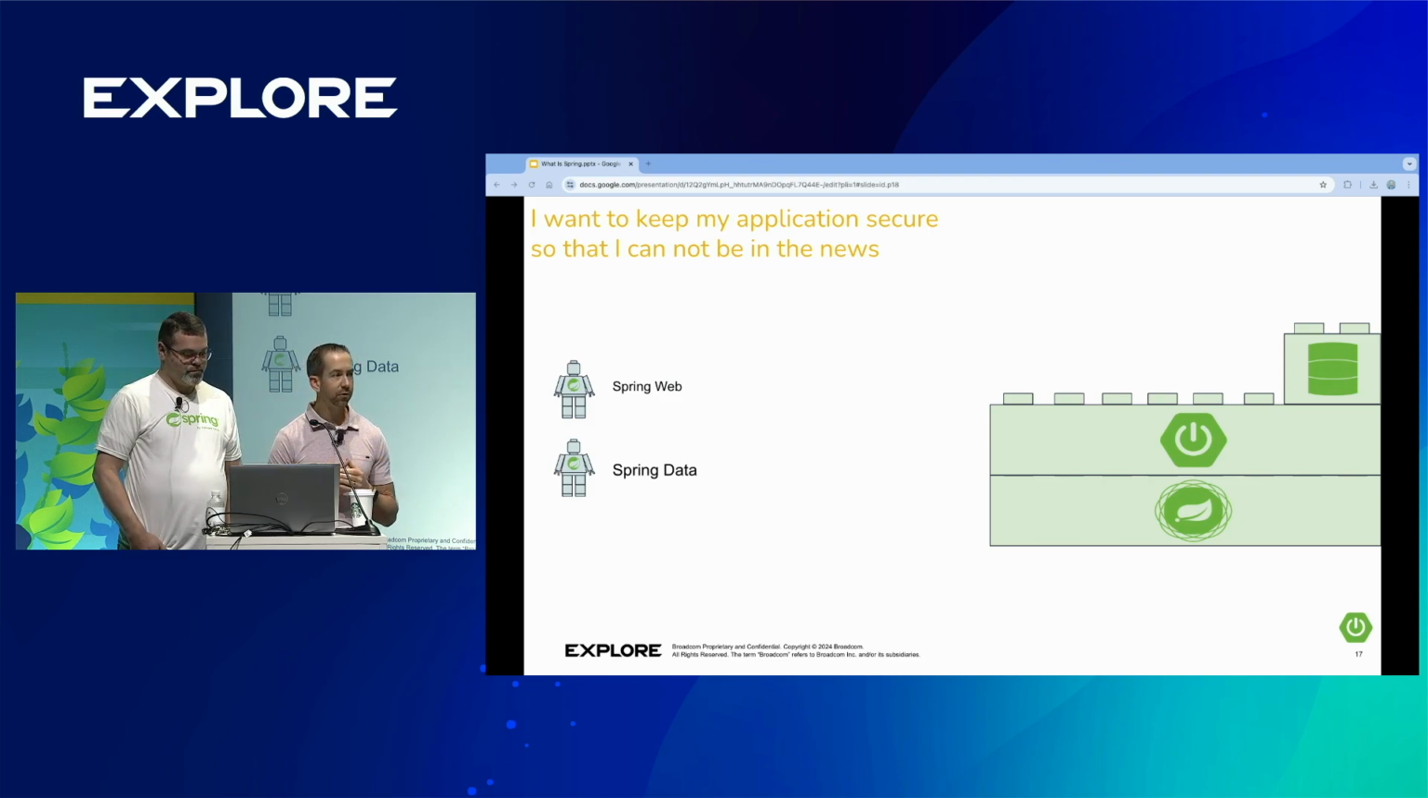If you want to take it a step further and do something like authorization, we've got you there too. So Spring Security supports OAuth 2.1 and OpenID Connect. We even provide the Spring Authorization Server to help you along your way as well. All right, so